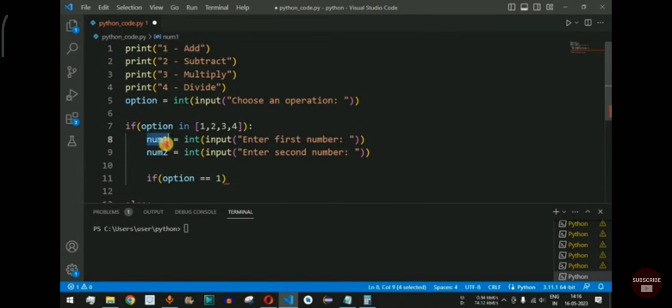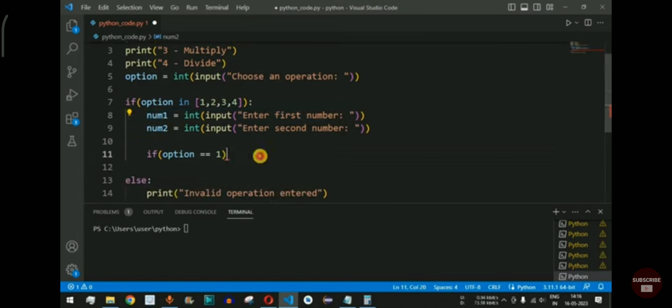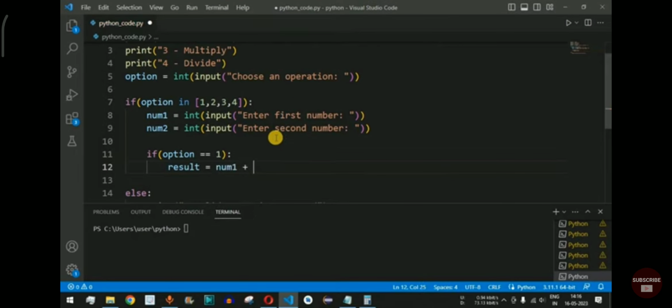So num1 plus num2 should be present inside the result. So over here we say colon, and then we have another variable, that is result, it is equal to num1 plus num2. So guys, this is the addition operation. Now let's say if the option that is selected is 2, so we will have the elif part over here,